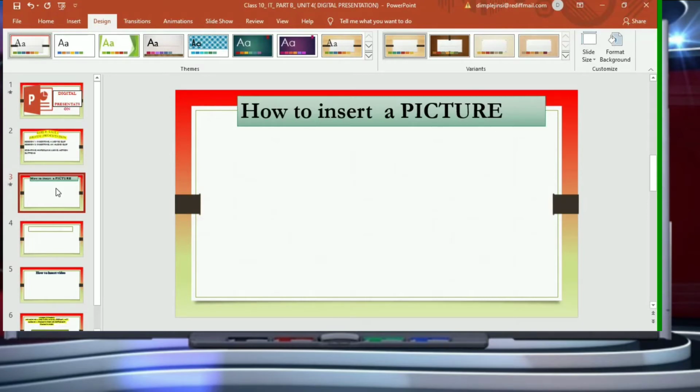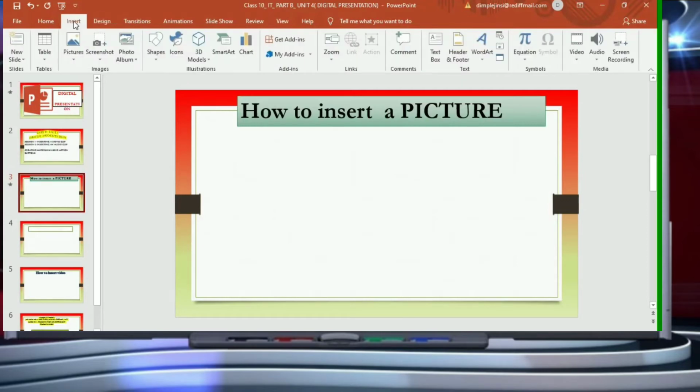Children, you know easily that we can insert a picture using the Insert tab. If we go to Insert, we have so many options here, and on the right-hand side we have video, audio, and screen recording as well. You know about screen recording, this can record your whole screen, whatever you are doing. It can record your computer screen and related audio before inserting the recording onto your slide. This is a wonderful option that we have in the latest versions.